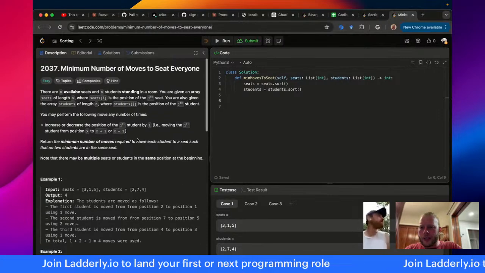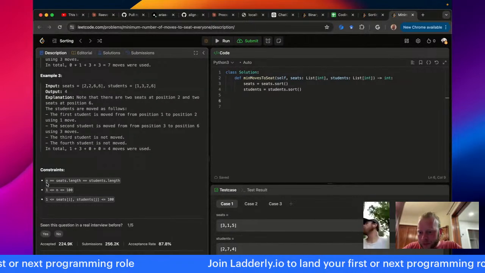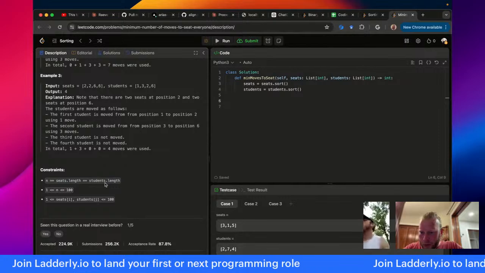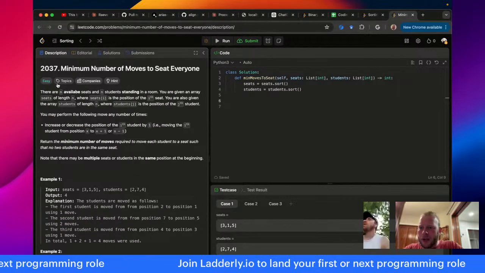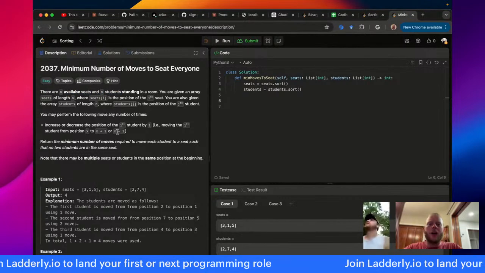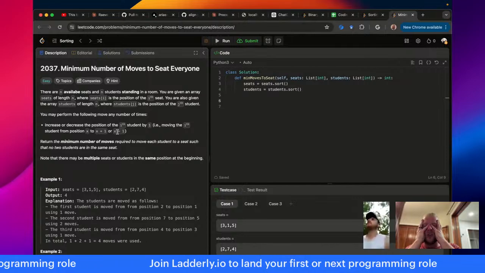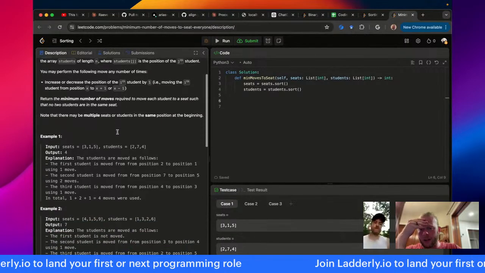Who is longer? Are they the same length? Let's double check the constraints here. Yeah, it did say they're both n. I'm just triple checking that it's a literal n, not like an asymptotic n. Yeah, no, it's the same literal n. Okay, so it's the exact same number. Okay, this feels like a great idea. So I just sort them, and why are they not perfectly parallel at that point?